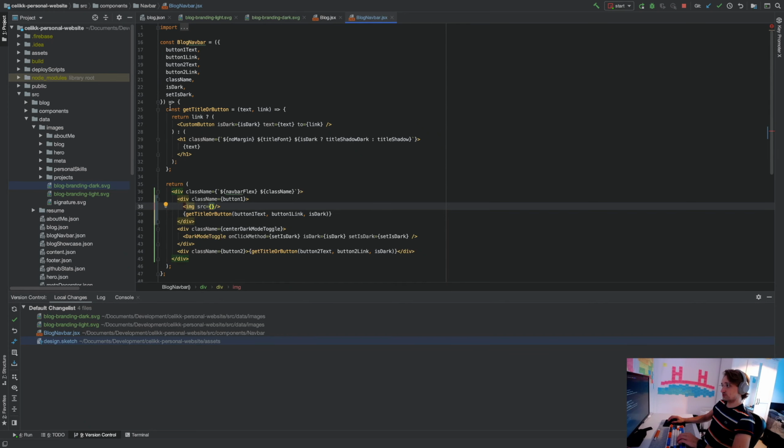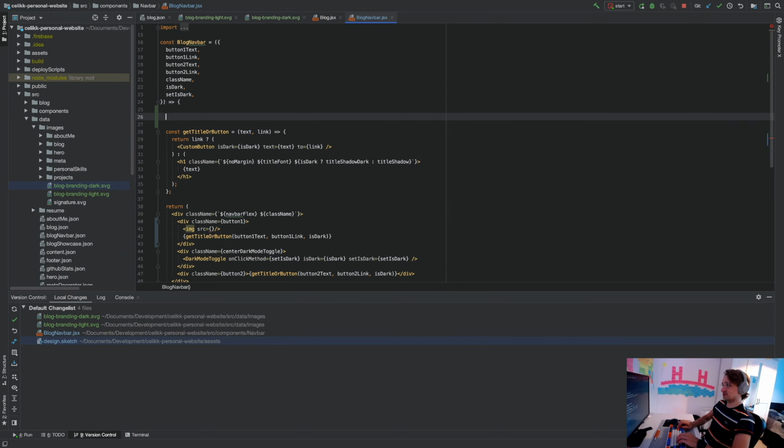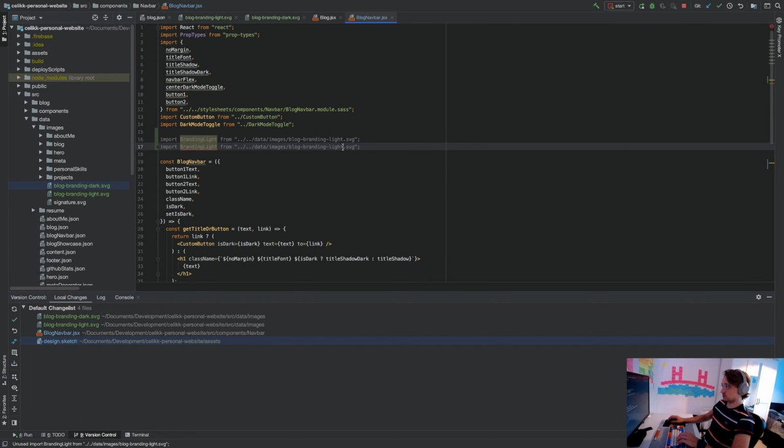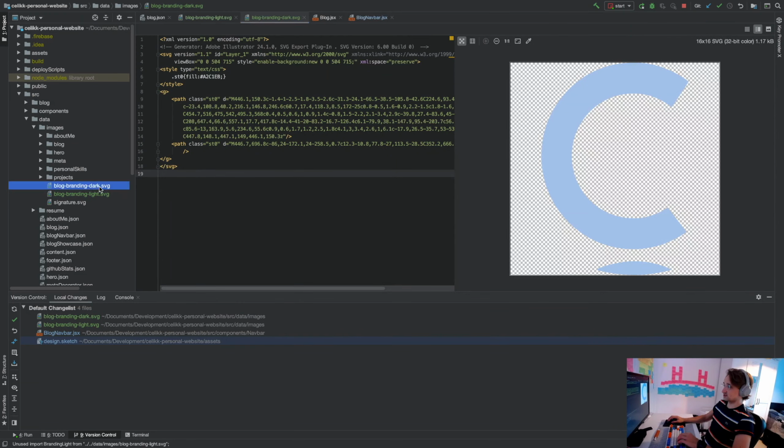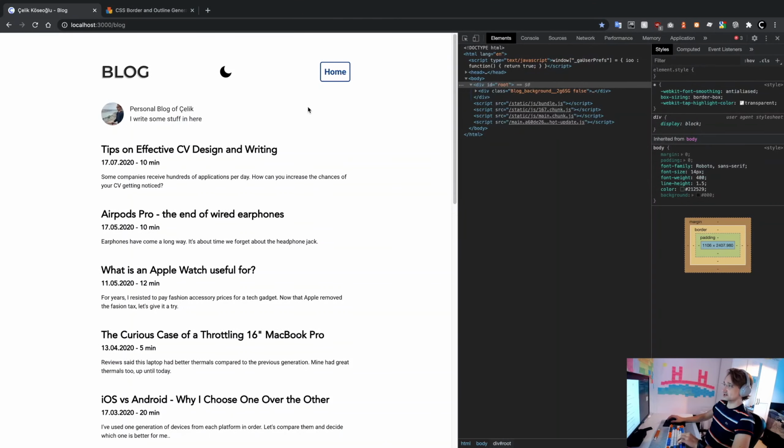So how do I import stuff again? It's been a very long while, right? Yeah, so that's what I want to do. So I'm just going to change this to dark. So I'm going to be importing two SVG icons. And I know this is not the best approach, having two different SVG icons with different fills. However, I have something different planned for this, and I'm going to animate this icon just like the animated arrow that I have